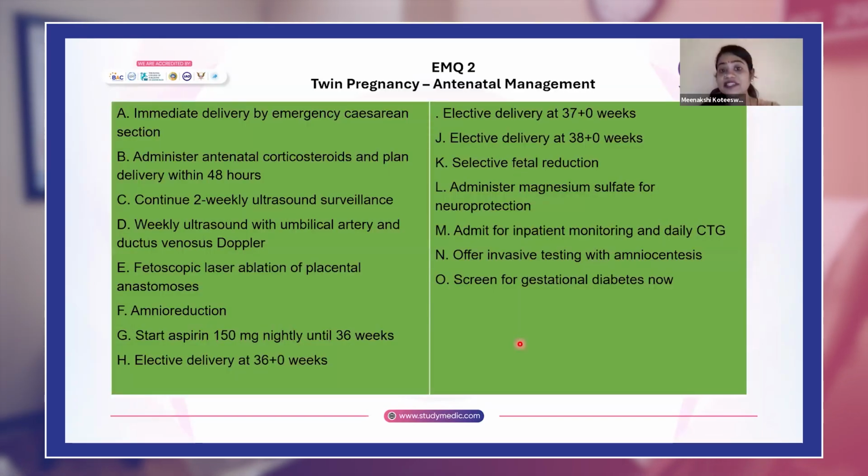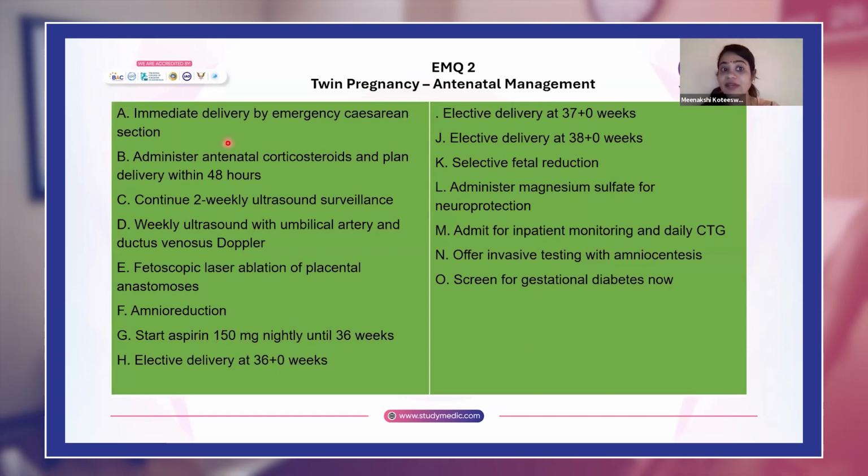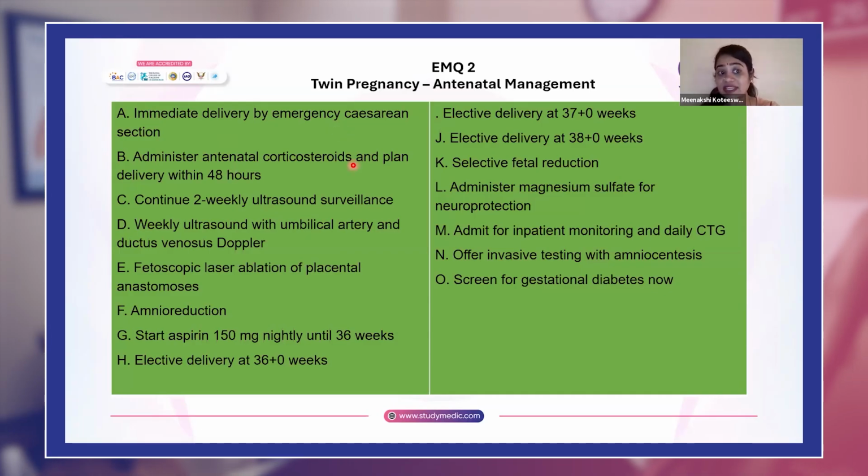So the second set of EMQs is on the twin pregnancy, where we've got certain options like immediate delivery by emergency cesarean section, administering antenatal steroids and then planned delivery within 48 hours, continuing 2 weekly ultrasound surveillance, weekly ultrasound with umbilical artery as well as ductus venosus Doppler, fetoscopic laser ablation of placental anastomosis, amnio reduction, starting aspirin 150 milligrams until 36 weeks, elective delivery at 36 weeks, elective delivery at 37 weeks, elective delivery at 38 weeks,